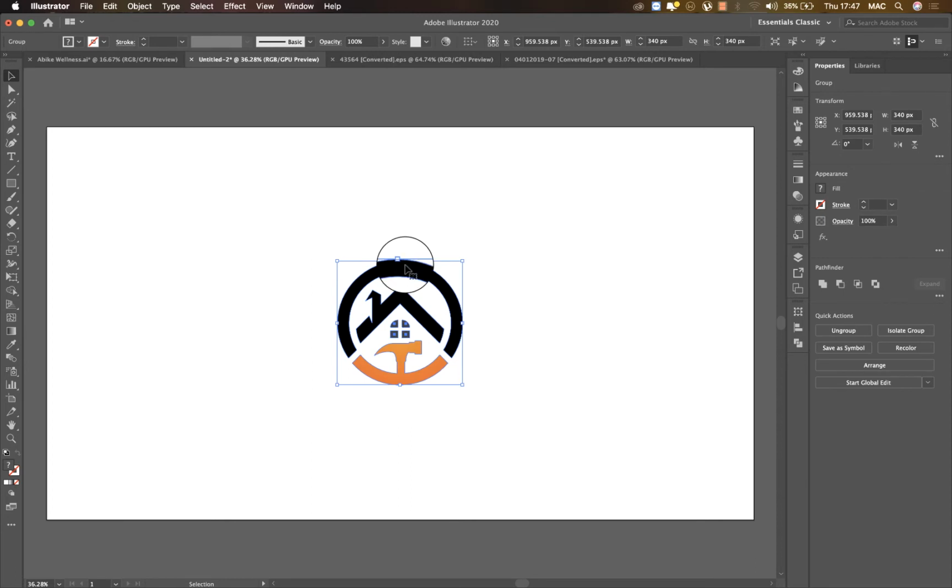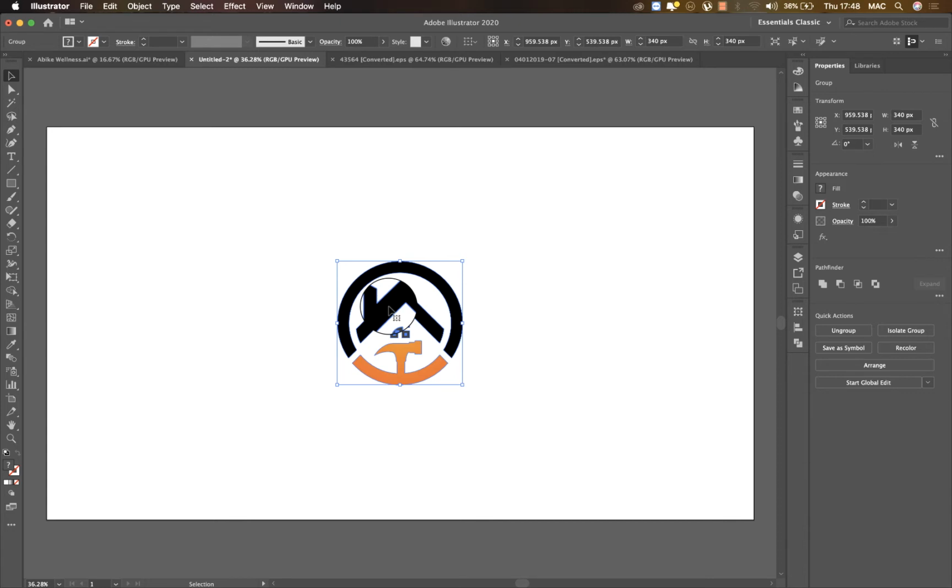Now, what color should we use for this? For a home logo, let's play around with brown, like the roofing. I'm trying to visualize the final output in my head first of all, because there's no brief right now for me to exactly use to come up with the colors. So I'm thinking we walk around with brown,